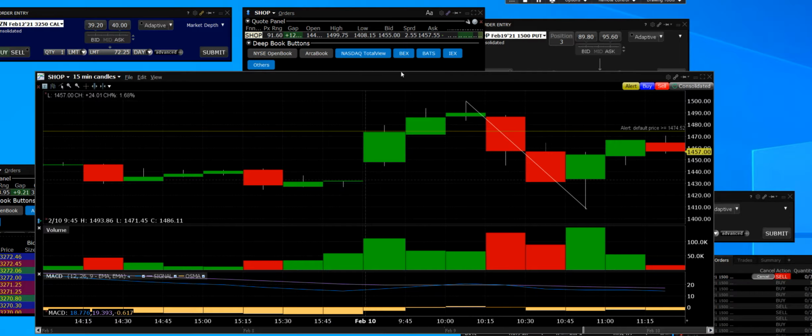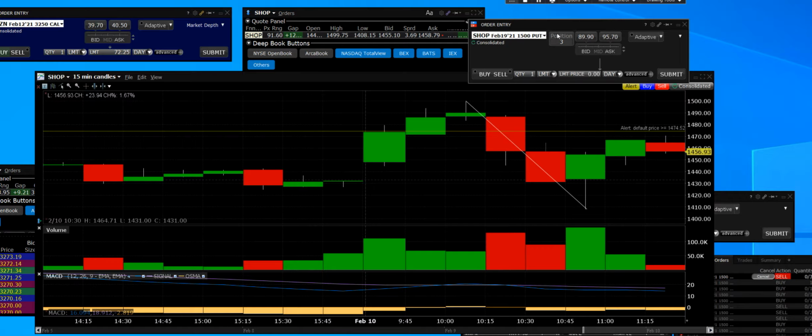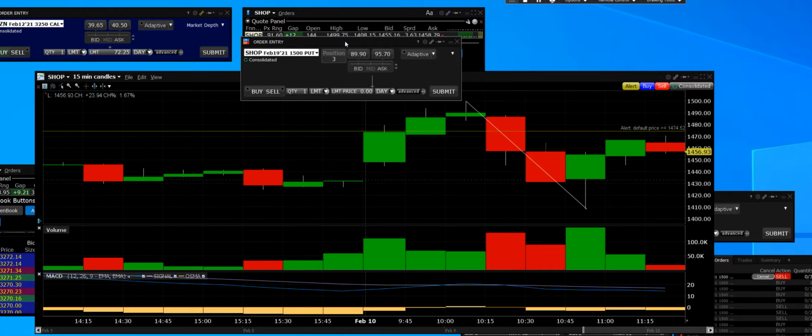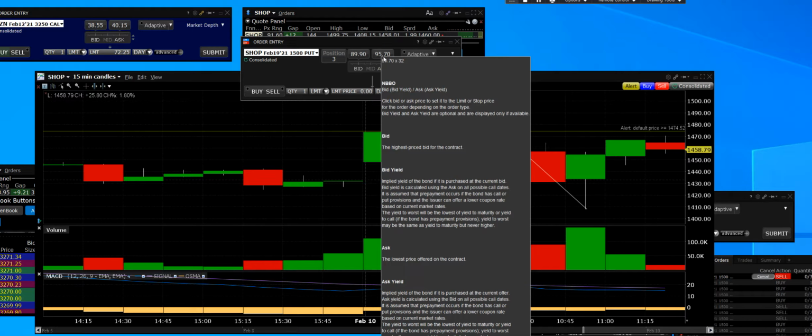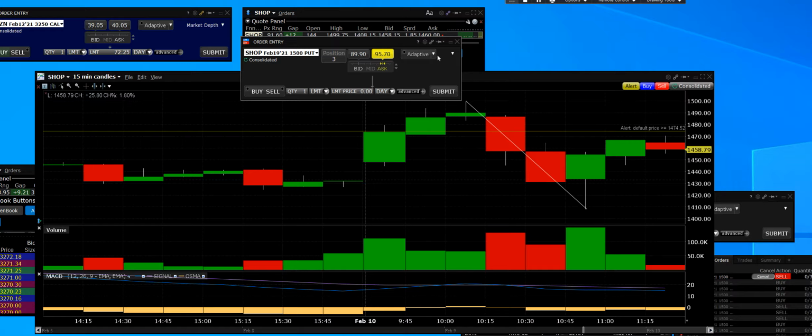And that was huge. 1499.75 to 1408, do the math. Once it hit 100% overbought, that reversal came into play. And the discovery in the process is where the $1,500 put options can go. These are the 1,500 puts, February 19th. They're 89.90 by 95.70, and we know that this side of the market can go up to $135 a contract